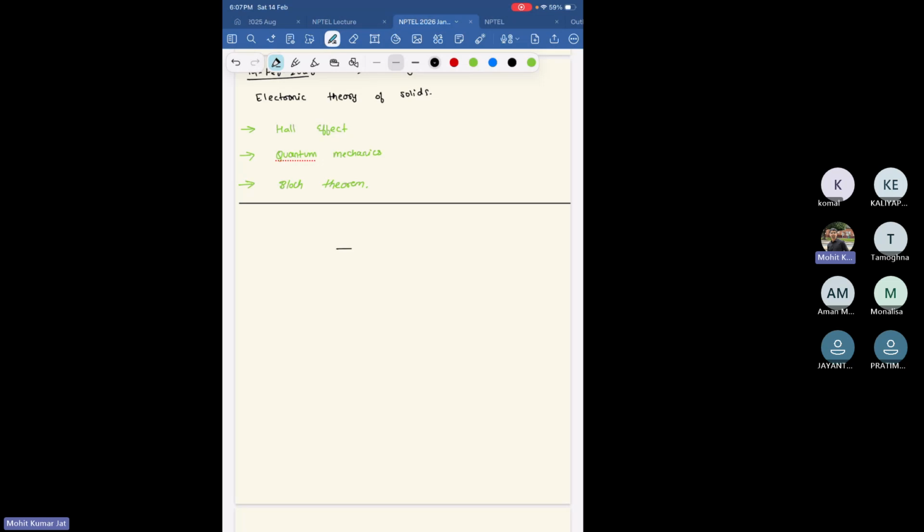Hall effect is nothing but if you have, let's say, a semiconductor bar in which you apply a potential with the battery B, and this is your point A, this is your point B, and similarly you can have point C and D also. So when a magnetic field, let's say a penetrating magnetic field B, is there, which is perpendicular to your bar. So in that case, for B equal to 0,